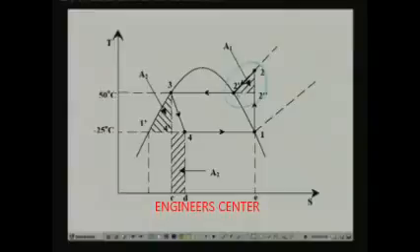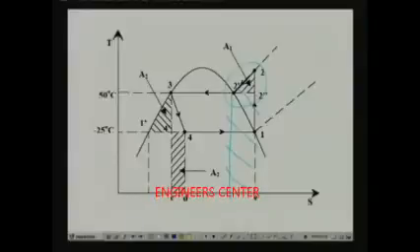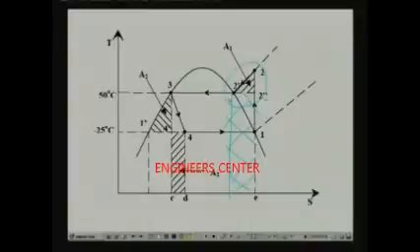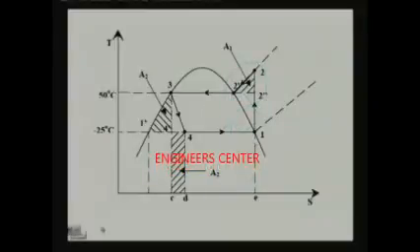Hatched area is nothing but area under 2 dash, that means the complete area, this entire area, minus area under 2 double dash to 2 dash, that means this area. Okay, so if you can find out the area under curve 2 to 2 dash and subtract the area under the curve 2 double dash to 2 dash, you get the superheat horn area. Okay, and this is an isobaric process, that means P2